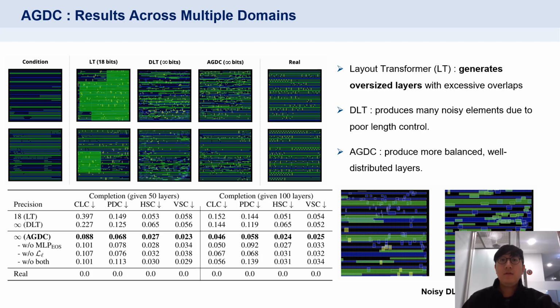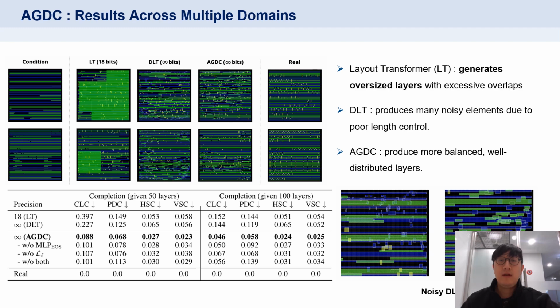Here are the results of AGDC. Our model demonstrates superior performance across three diverse domains. Firstly, on ContLayNet, AGDC outperforms both baselines, Layout Transformer and DLT, across all design rule check metrics.